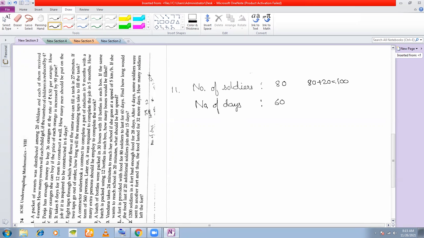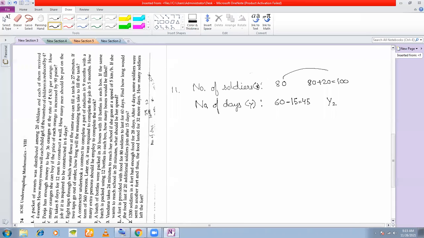And also they join after 15 days. So that means for 80 soldiers, if the food were to last for 60 days, and because they are joining after 15 days, their food will now last for 45 days. Now if I call this as X and if I call this as Y,